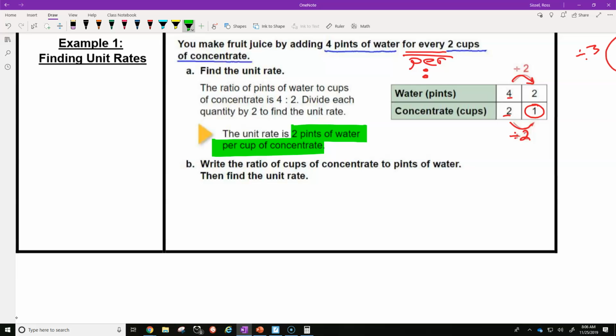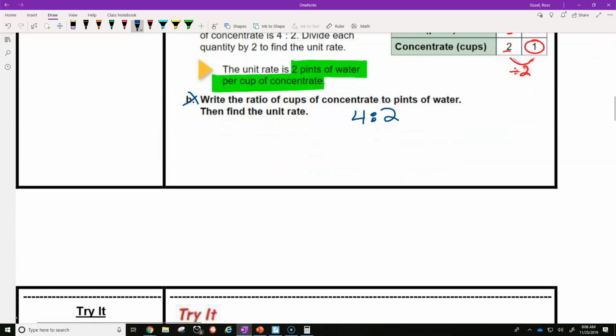When you tell me you have a unit rate and it's 2 pints of water per cup of concentrate, it is understood that we're saying 1 cup. Now, even though this is talking about something else, we're going to show, instead of making the table diagram, we could have done this. We have the ratio 4 to 2. And what did I want to know? My answer, I want to know pints